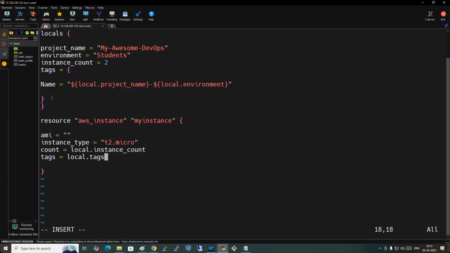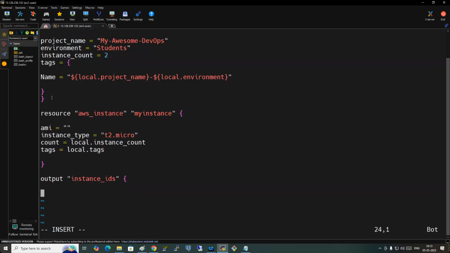Observe this. And then I'll write the output also for this. Output. I want instance IDs. Guys, instance_ids. See here. How many EC2 instances are there here? 2. And how do I print? Generally, I showed you how to print only 1. So if I, okay, value. How do I call to print it? aws_instance dot